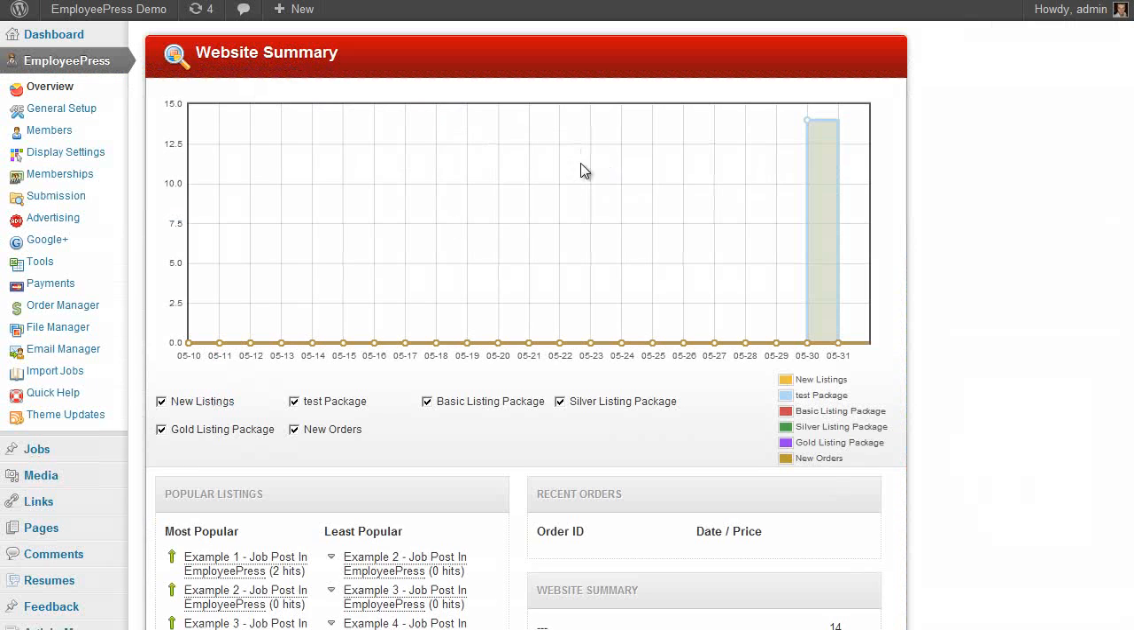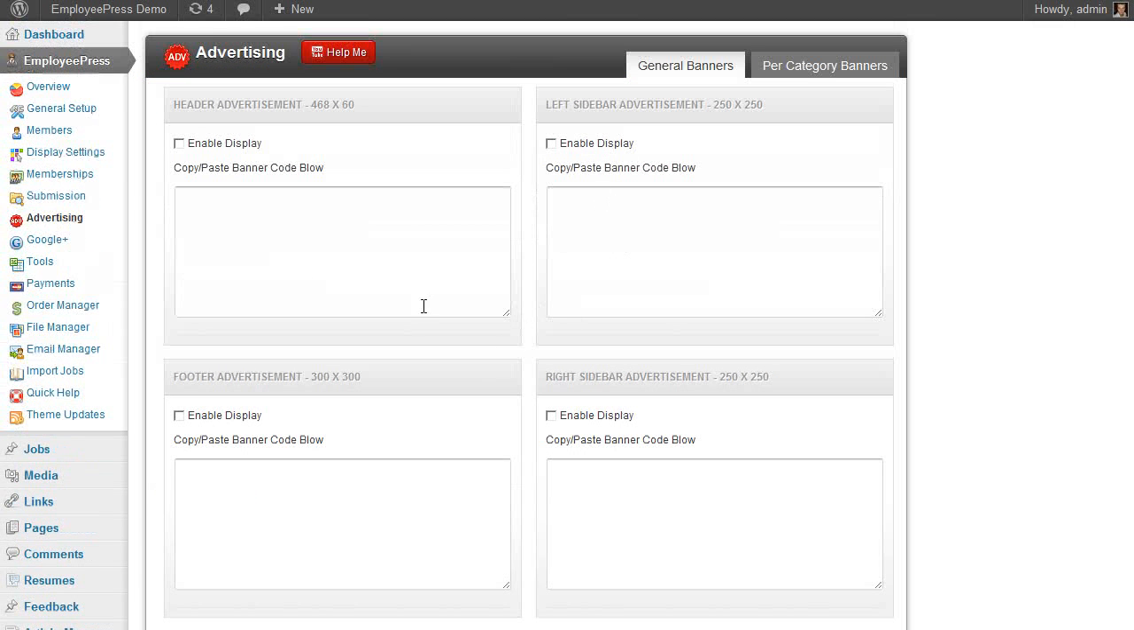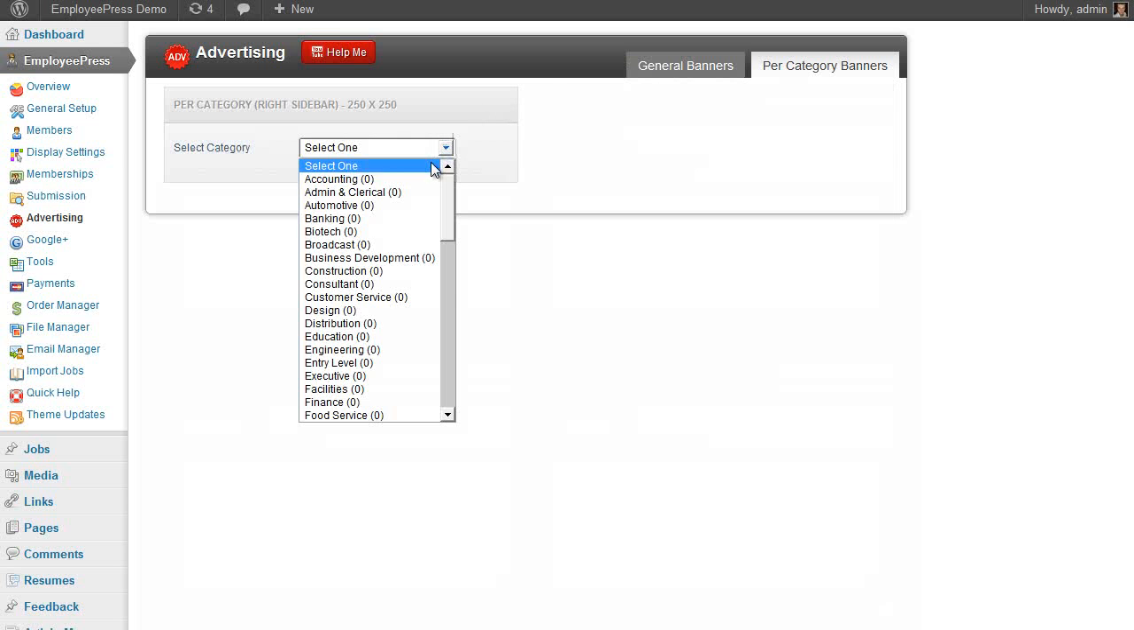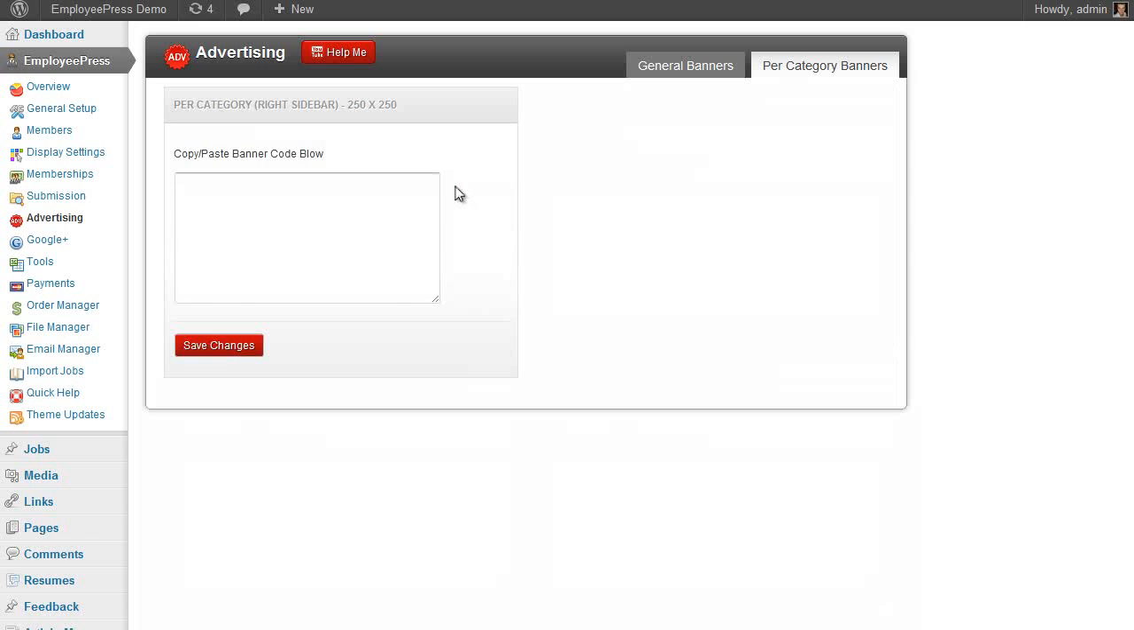So let's go back to the admin area again. We have advertisements and advertising, so I can just copy and paste in my banner code. If I'm using Google AdSense or any sort of different banner options, I can just copy and paste the code in here. And we have header, footer, left and right, and we have a per category one, so I can select the category and then copy and paste in my banner code there,